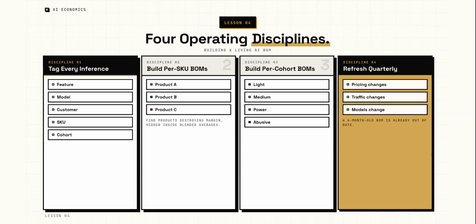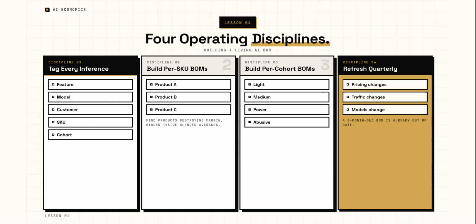Then break down cost by customer cohort. Your most active users often consume a disproportionate share of compute. Finally, revisit your bill of materials regularly. Model pricing evolves, customer behavior changes, your cost structure changes with it, and a 6-month-old AI bill of materials is